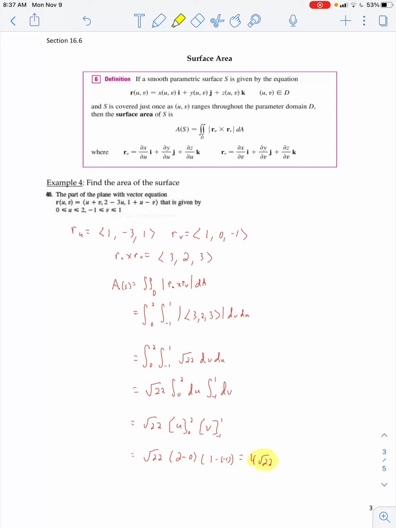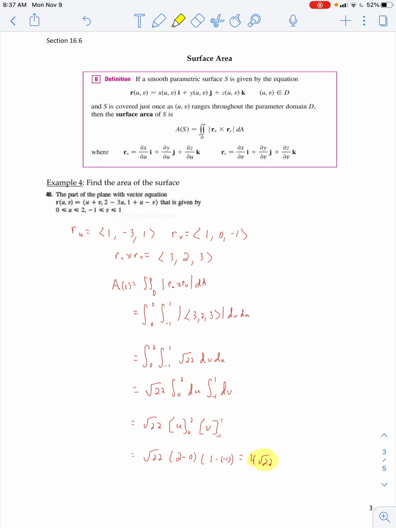To find the surface area, if a smooth parametric surface S is given by the equation, and so here we have our vector equation, r of u,v equals x of u,v i plus y of u,v j plus z of u,v k, where (u,v) is in our domain, and S is covered just once as (u,v) ranges throughout the parameter domain D, then the surface area of S, A of S, is equal to the double integral of the magnitude of r_u cross r_v dA, where